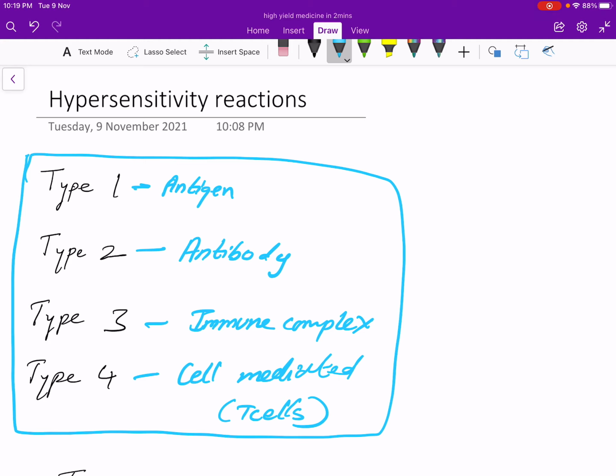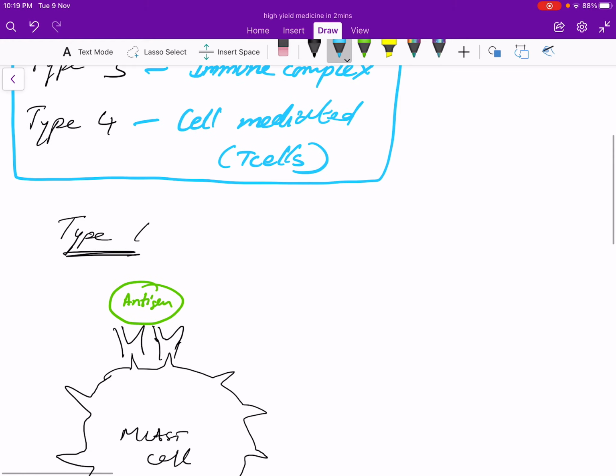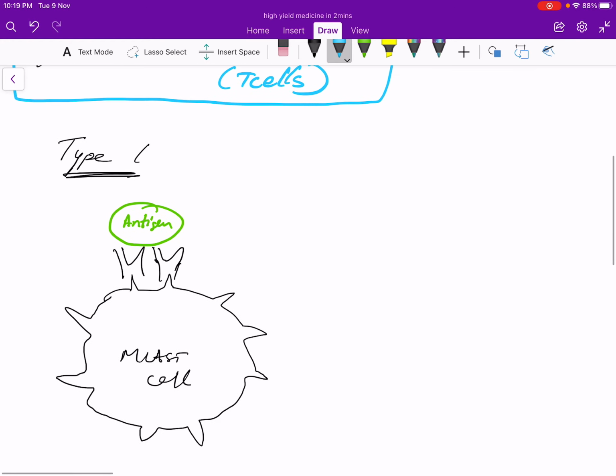So what does it mean? What is antigen mediated, what is antibody mediated? We'll discuss this in detail. So first we'll discuss type 1